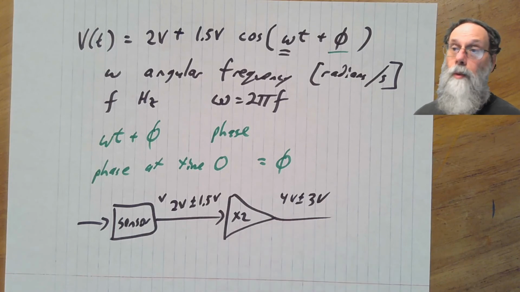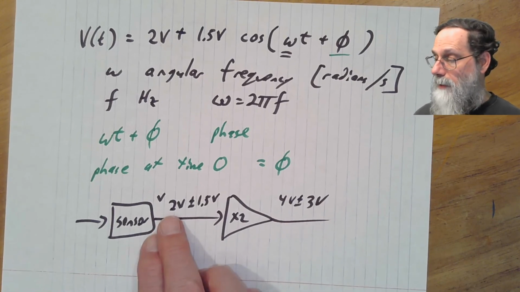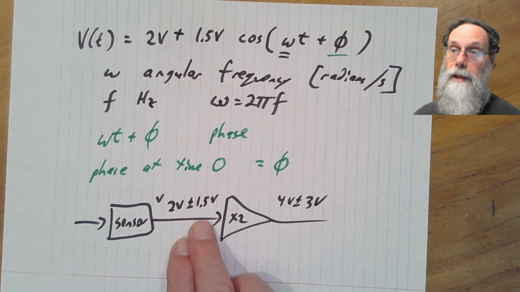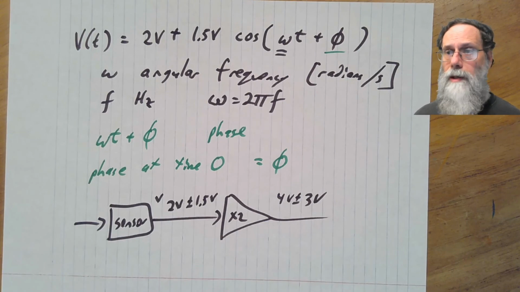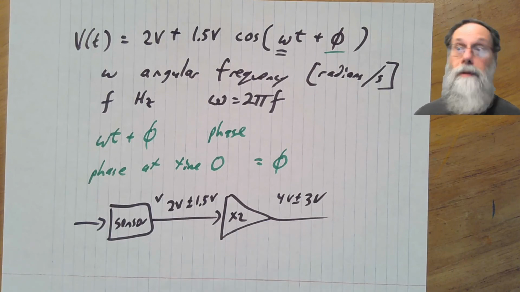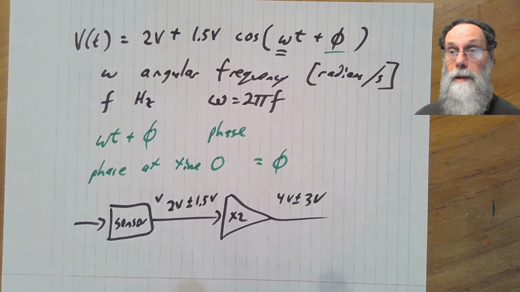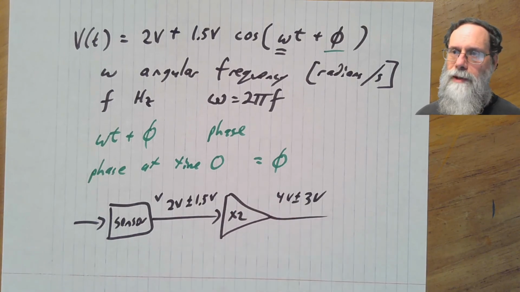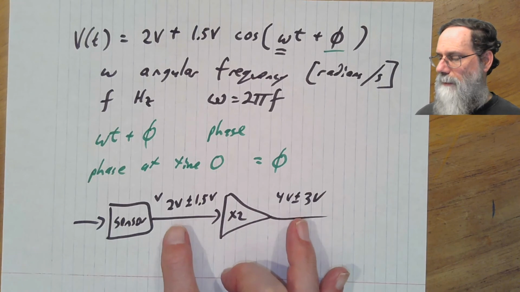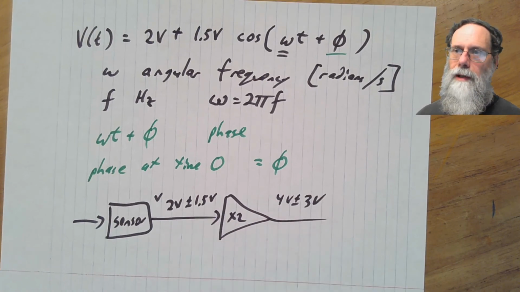clear labels that tell you what the voltage range is. And here I've done the DC plus or minus amplitude, because that's one of the simplest ones to use. Sometimes you'll label something with an RMS, but then you have to go, well, is there a DC bias or isn't there? And what is the DC bias? So nearly always the simplest thing to do is DC plus or minus amplitude.